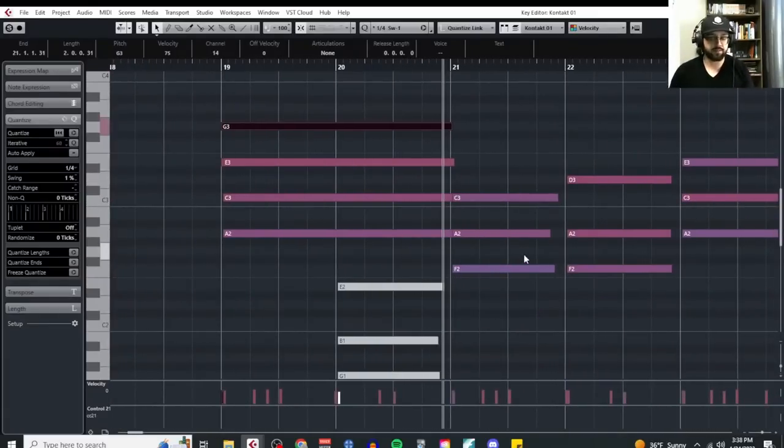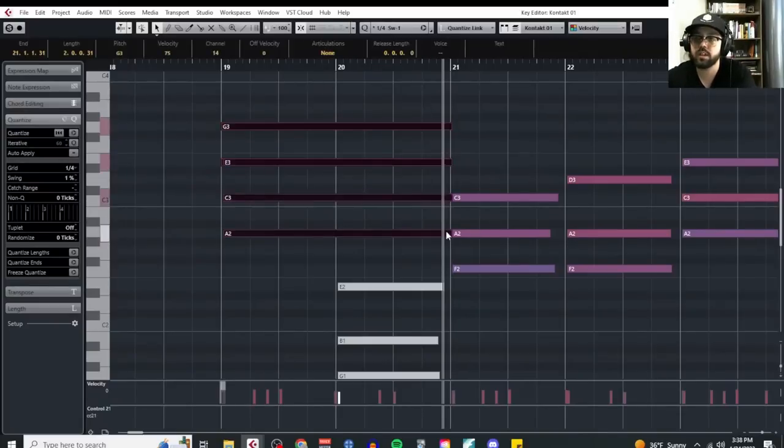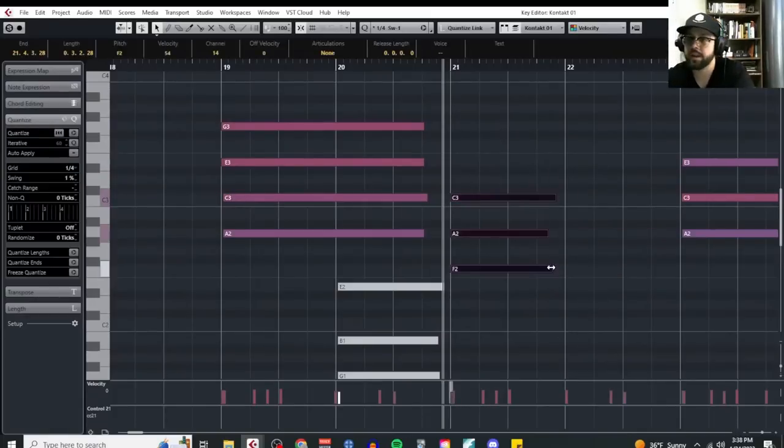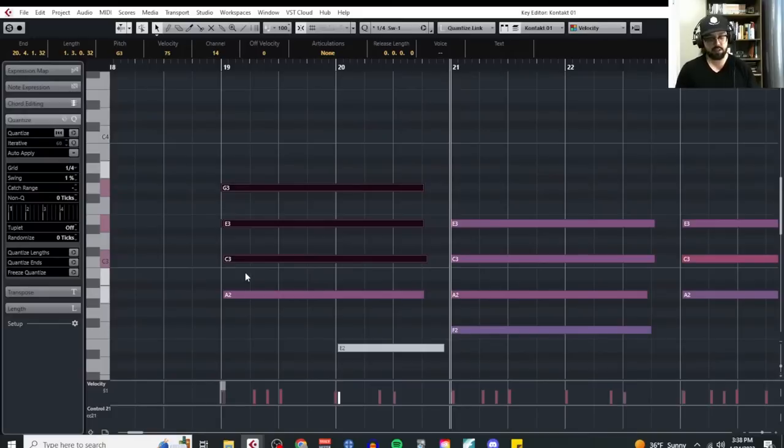At this point, I'm just kind of throwing things together. So let's see this. Let's shorten all of these. We'll just go straight to F major. And we'll make it F major 7. So if we take these emotions,